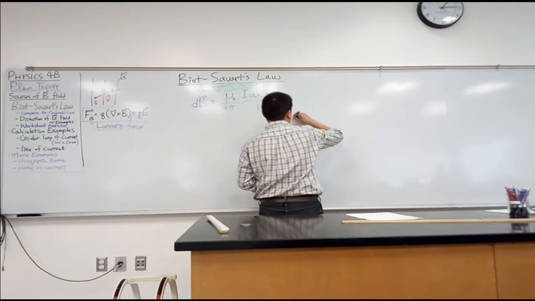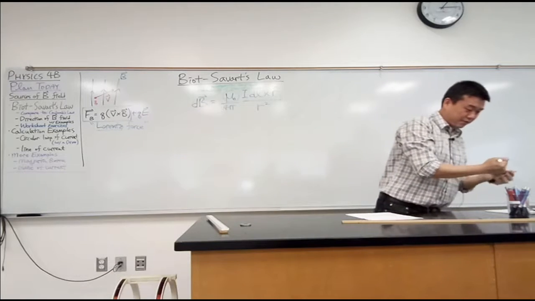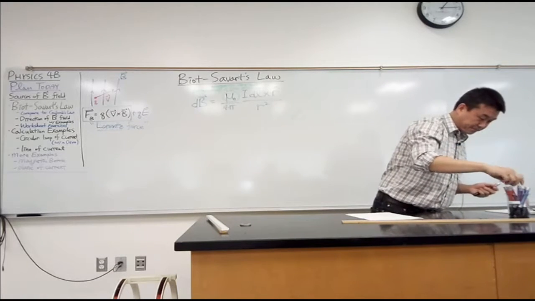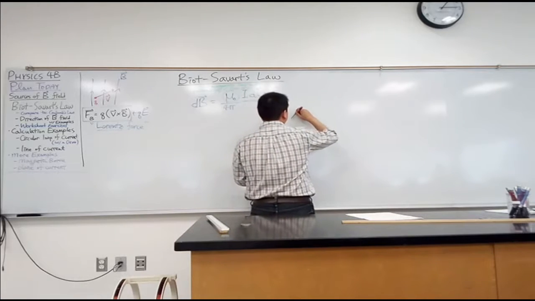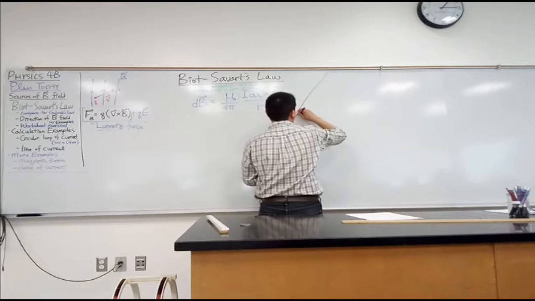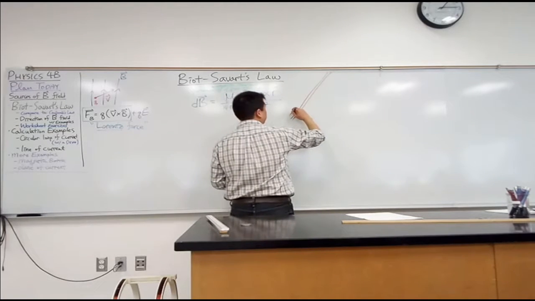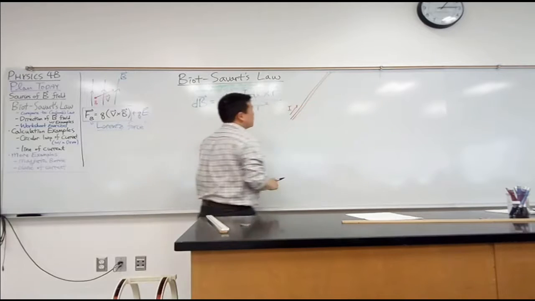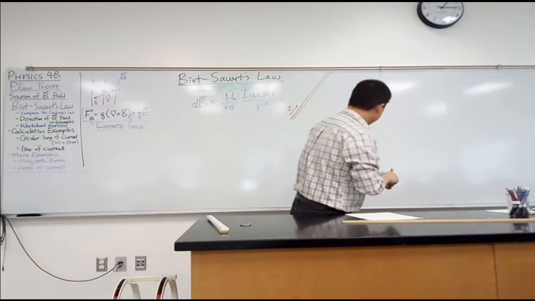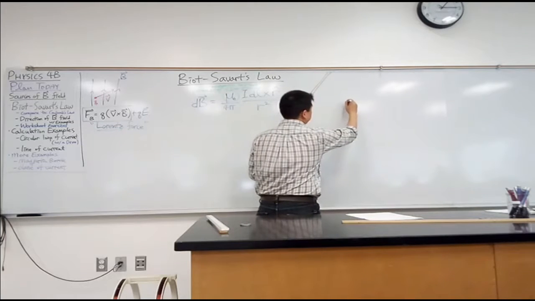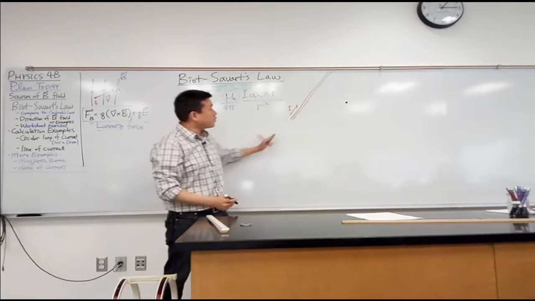Let's say I have a section of, I guess I'm actually not using green for the rest of today. So let's say I have a section of current carrying wire. So there's some current flowing through it. And let's say I'm interested in the magnetic field at this point in space. Right? I mean, if there's current flowing through it,